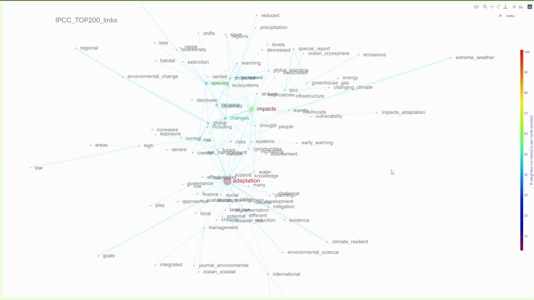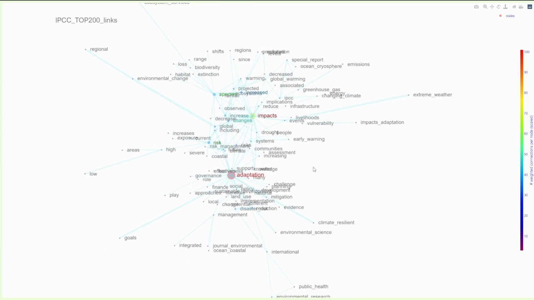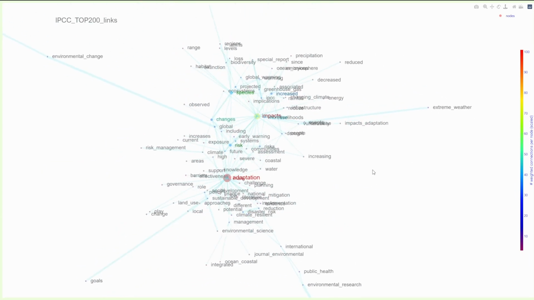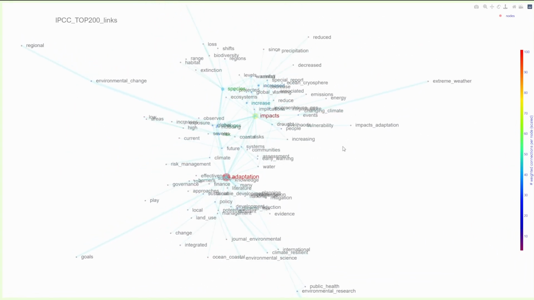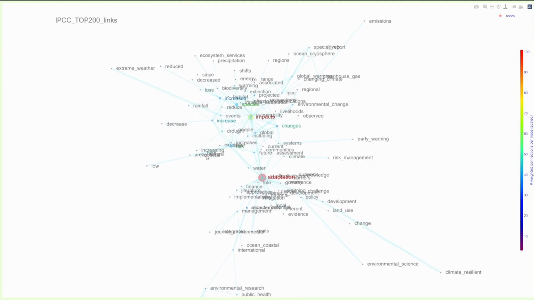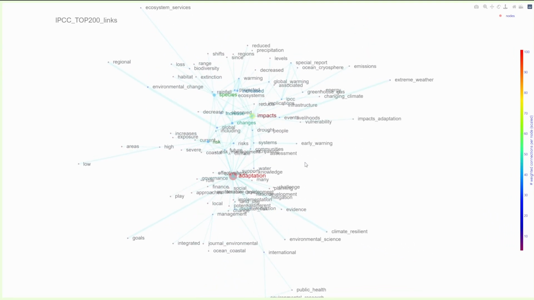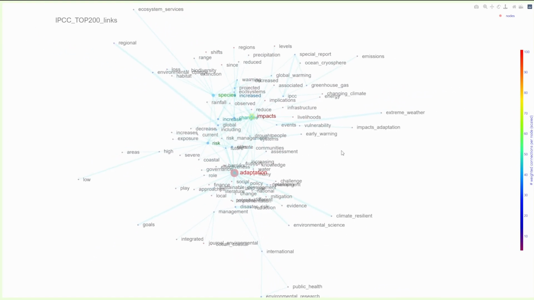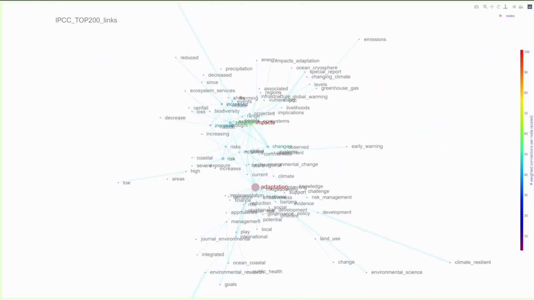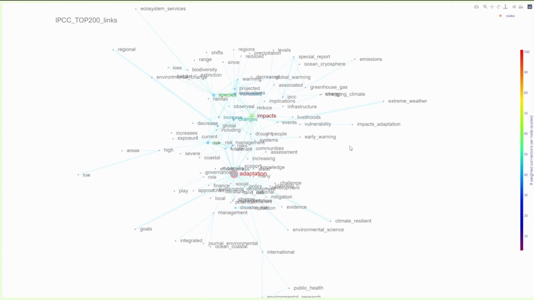But this is not necessary, because if you want to do this, now the good news is this is classical graph theory. You don't need any neural network trained on this, because this is simply classical graph theory. And since we are talking about classical graph theory, just to show you this, if you want, in the presentation that you would get out of this, we have ocean, coastal, public health, and so on, this kind